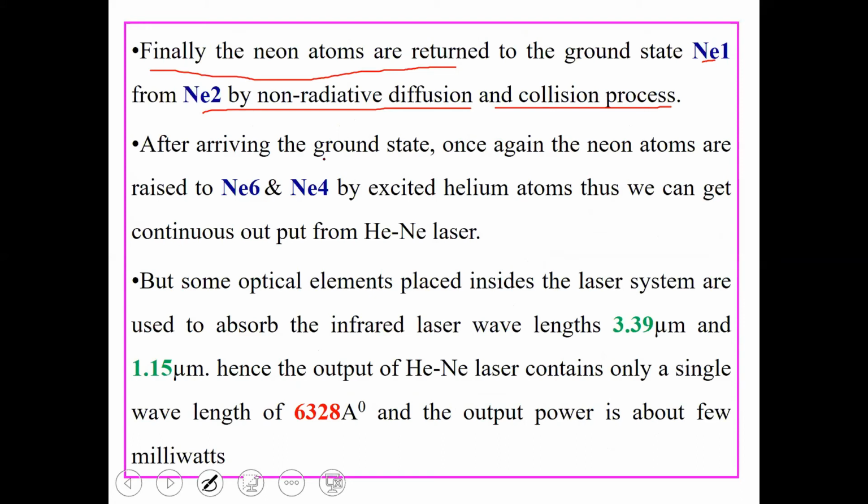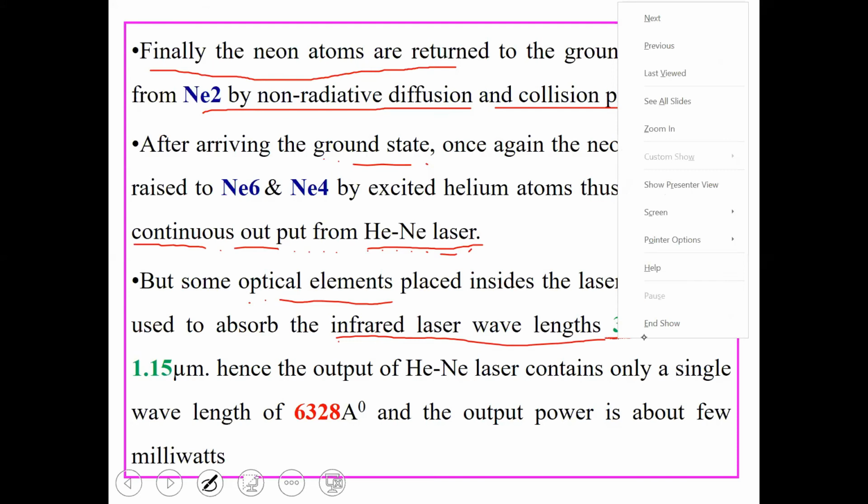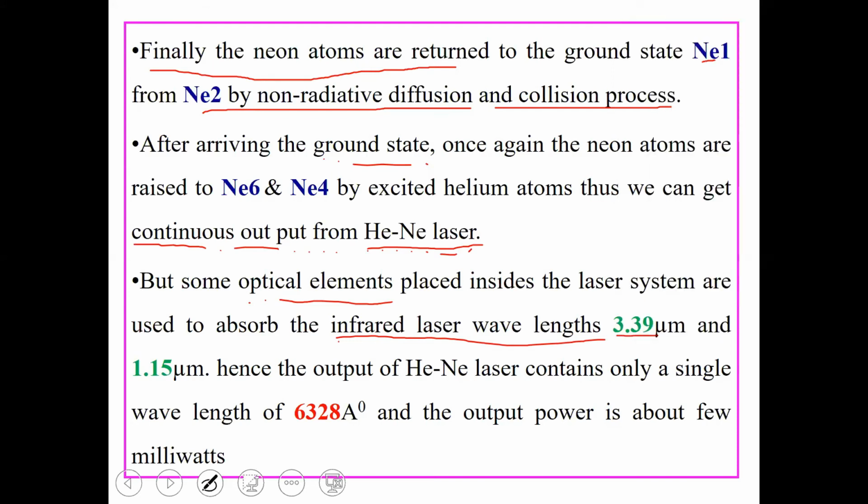After arriving at the ground state, the atoms again collide with helium and are raised to the excited state. This is a continuous process, so we can produce continuous output from the helium neon gas laser. We can place some optical elements which absorb the infrared laser wavelengths. These IR absorbers placed inside the discharge tube absorb the wavelengths of 0.39 micrometers and 1.15 micrometers. Hence, we can give the output as a single wavelength, that is